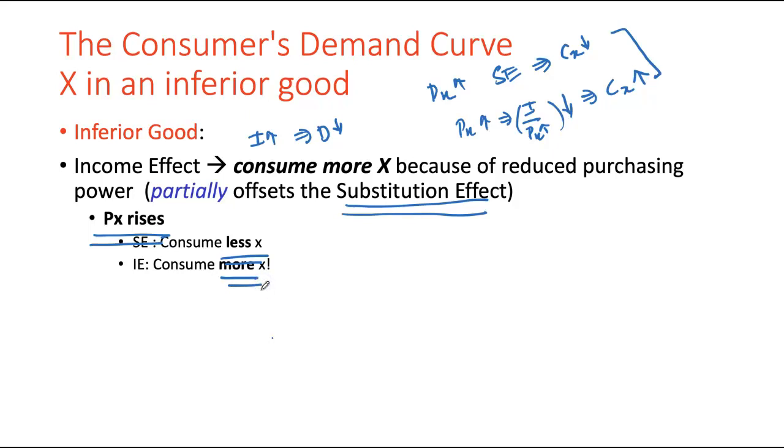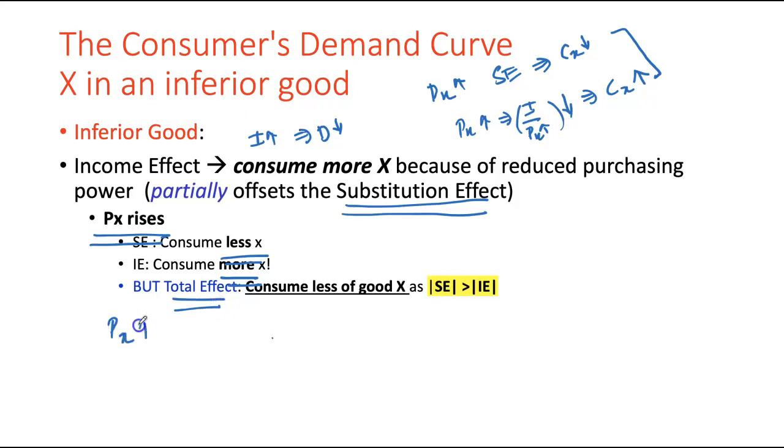So opposite direction, but with the caveat that substitution effect outweighs our income effect. So in total, when price of X goes up, since substitution effect is the dominant one in this case, consumption of X will definitely be going down. So you will still get your downward sloping demand curve, or the relationship between price and quantity of X consumed